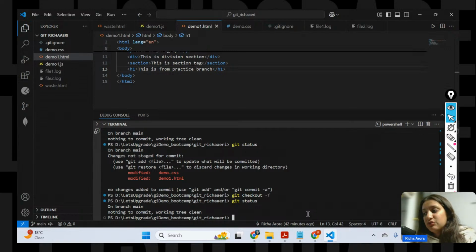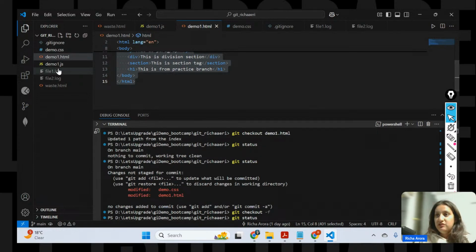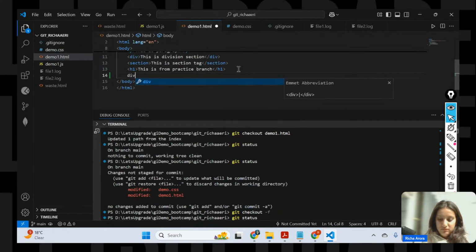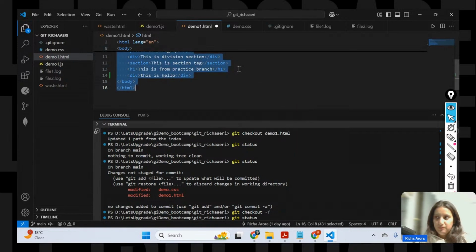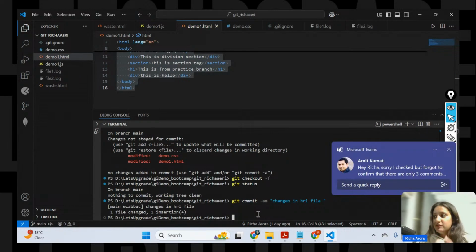Now let us come to the next part. Okay, wait, let me show you one thing. You have made changes in demo1.html. Let's say I'm going to write here div, this is hello. Okay, now I'm going to perform git add and commit. All right, fine. Now if you check here,